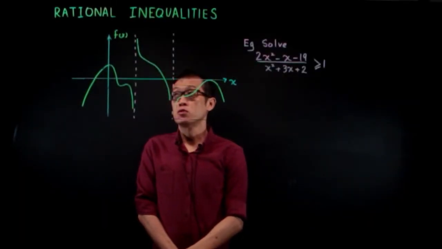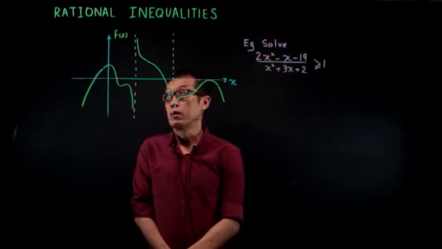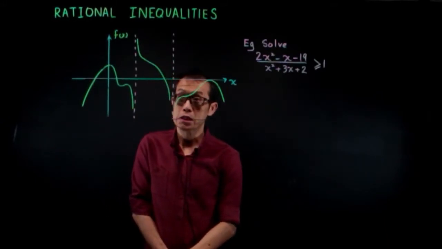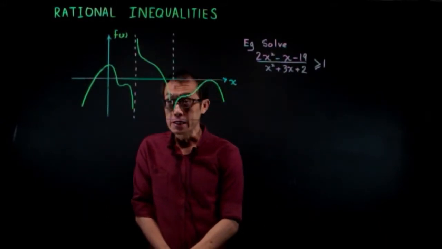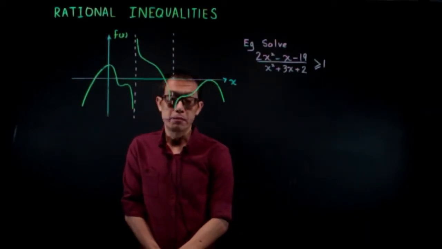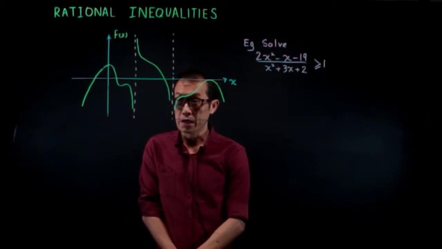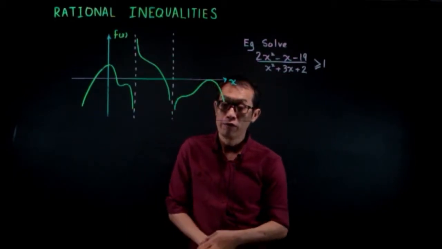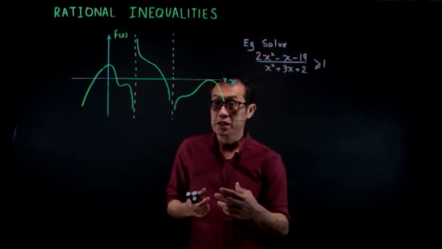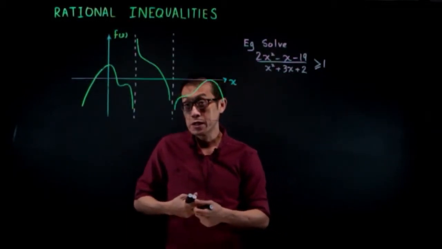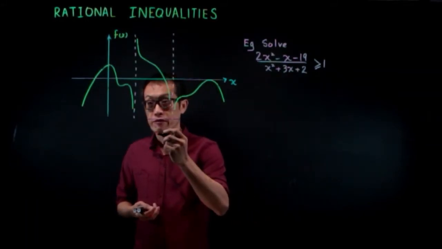Good morning, students. Today we are going to touch on the topic of rational inequalities. What do I mean by rational inequalities? Rational numbers are numbers that can be expressed in the form of a fraction. So rational inequalities will be in the form of